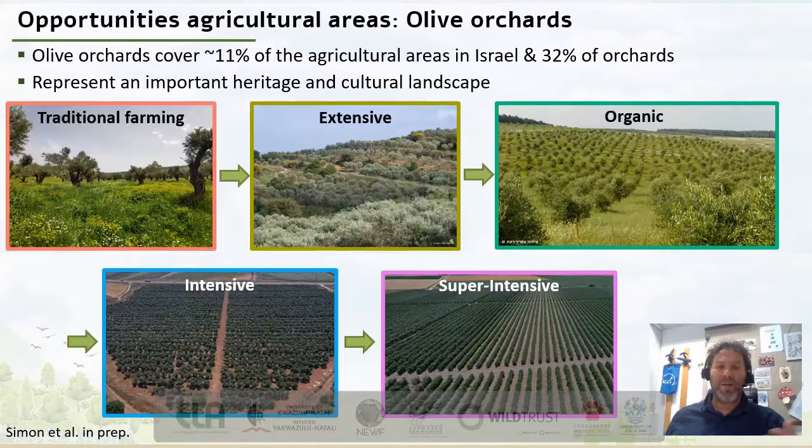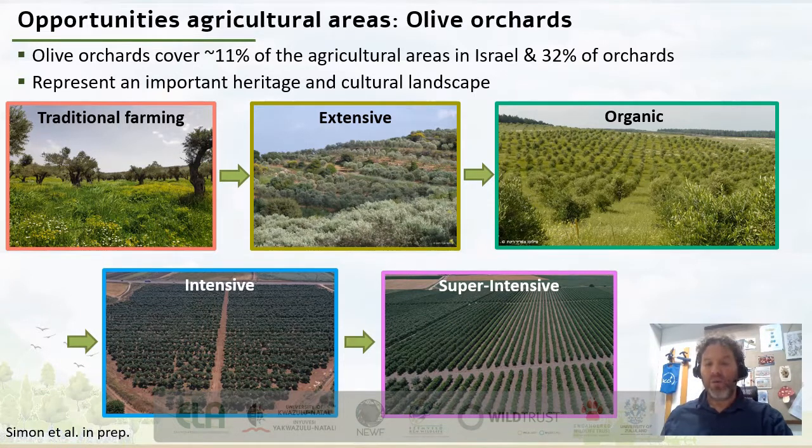Now, what's happening in the last several years, we're seeing a process of intensification. So the traditional farming is almost lost, like very scattered trees, use of herding for grazing is almost getting lost. Instead, we're getting the extensive, what is very commonly practiced in the Arab areas in Israel. And over there is a rain-fed crop you see here, and in this case they employ both herbicides and working with machinery, which wasn't done before, unlike the traditional one.